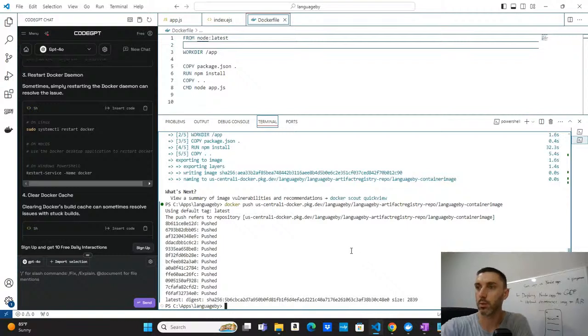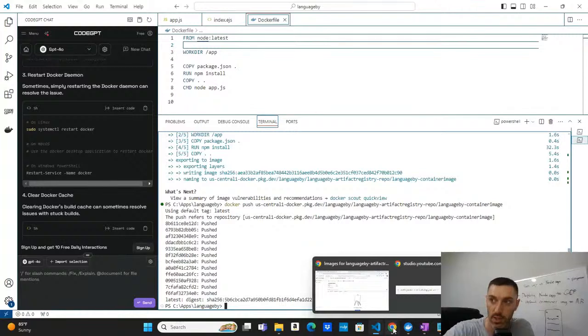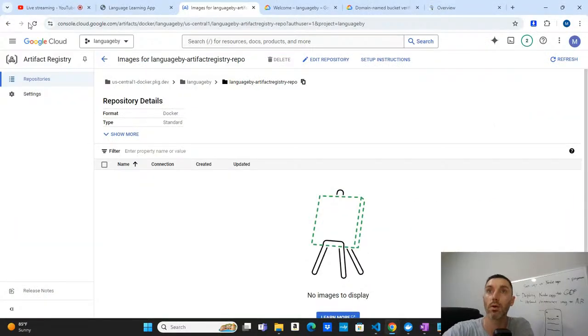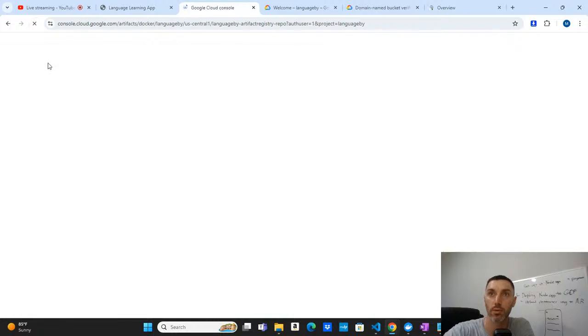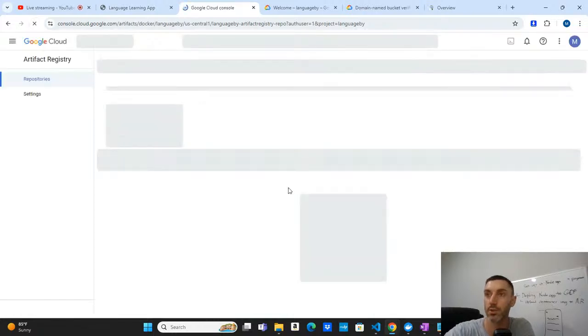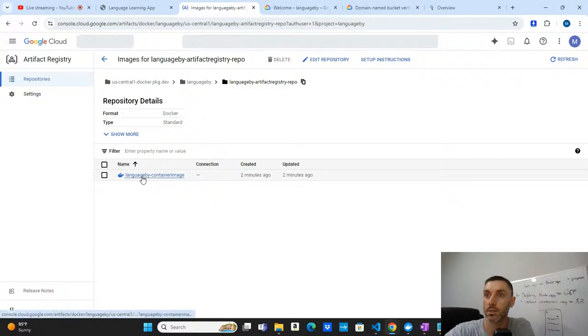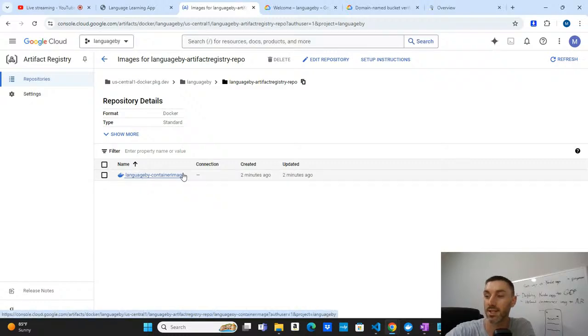The container image that we just built just got pushed to Google Cloud's artifact registry, which is the image repo. So on the website, Google Cloud Console, and then the artifact registry service, I'm going to refresh that page. There should be a container image here. There is. So there is a container image. And this is where it gets exciting because